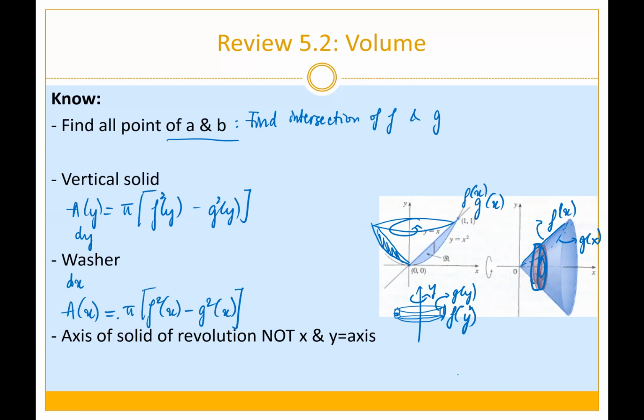Basically, say you have a region that rotates around this curve and this one here. I wouldn't say f(x) minus g(x), I'm just trying to keep it simple. But in this case, if it rotates around the y equals -1 axis, the radius this time is going to equal